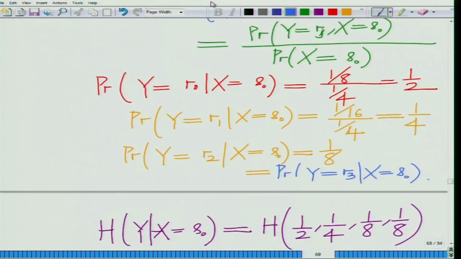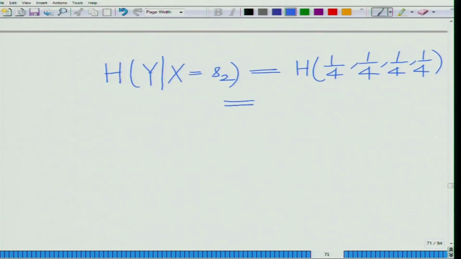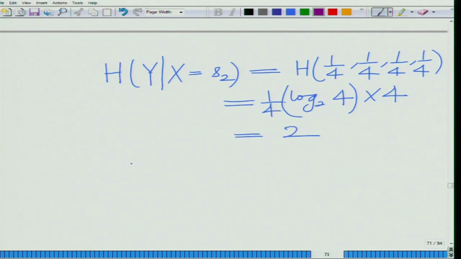So, the conditional probabilities will all be 1 by 4 in this case, and the entropy will be 1 by 4 log to the base 2 of 4 into, there are 4 symbols with probability 1 by 4. So, this is basically 2, and finally